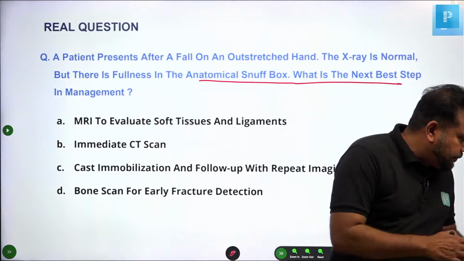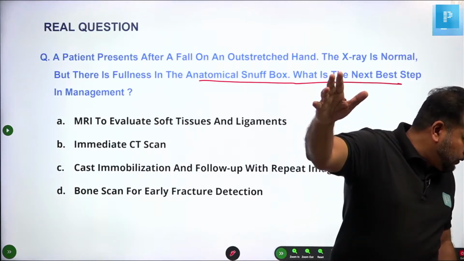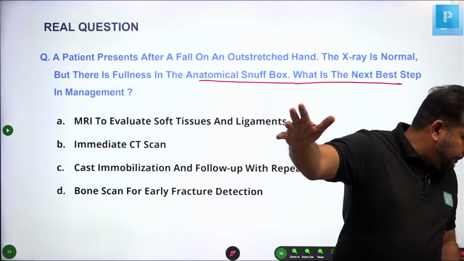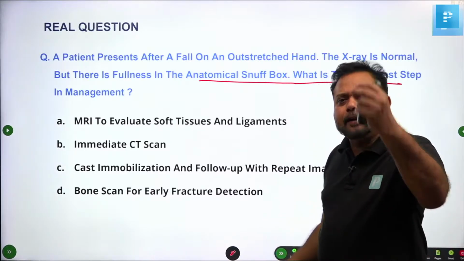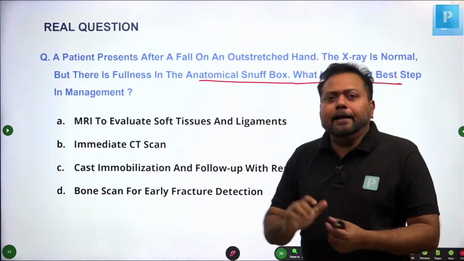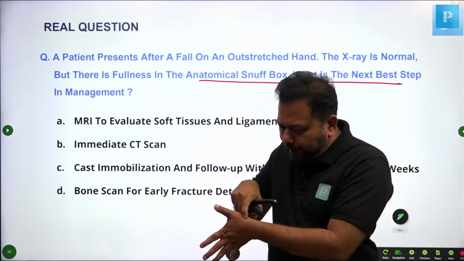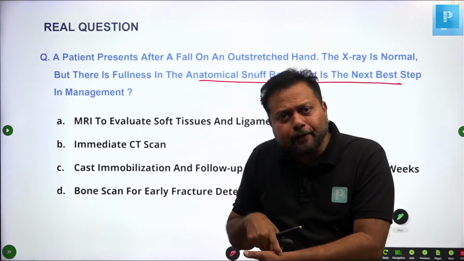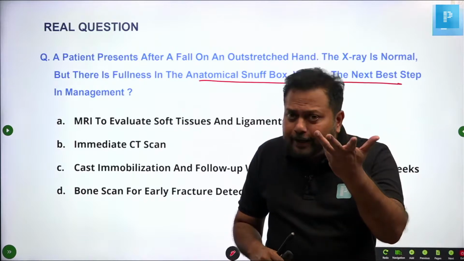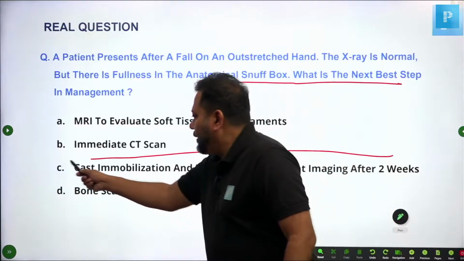Okay, yes. All of you have done marvelously. Okay, Rahul, Parneet Kumar, all of you have answered it correctly. Superb. The next thing, what you should do, a patient, see, clinically we are suspecting scaphoid fracture. When somebody has fullness and tenderness in the anatomical snuff box, it is scaphoid fracture, fall on outstretched hand history is there. It is scaphoid fracture unless proved otherwise. Even if X-ray doesn't show you anything properly, better treat that as a scaphoid fracture.